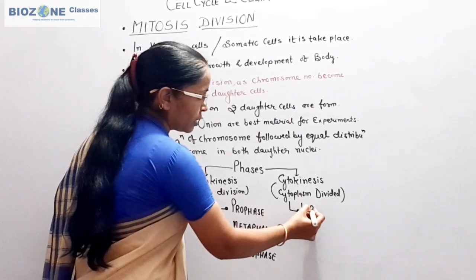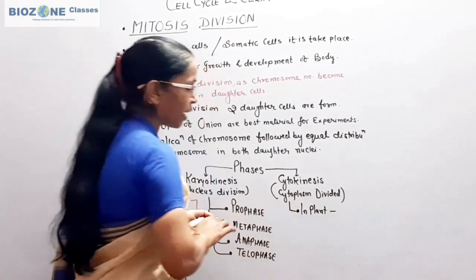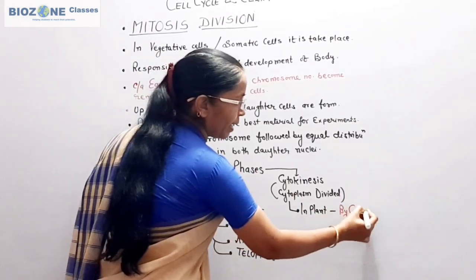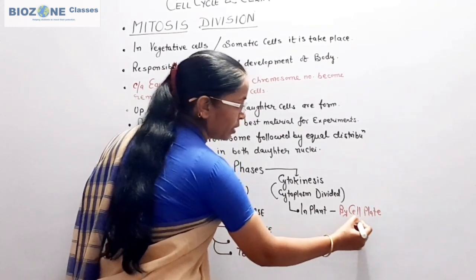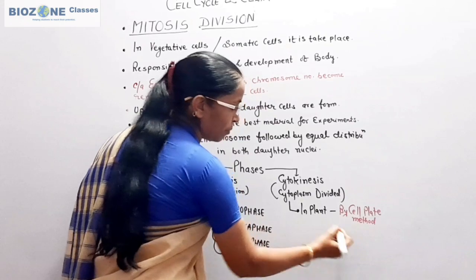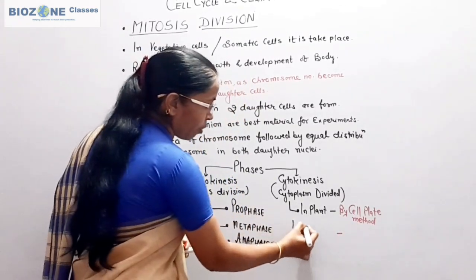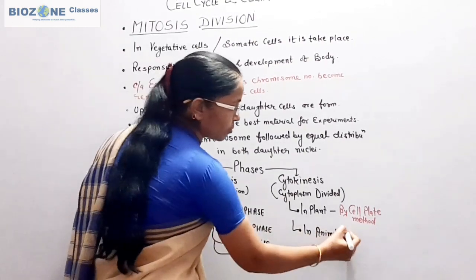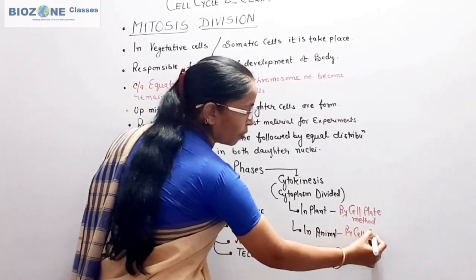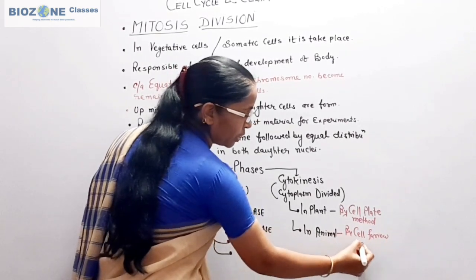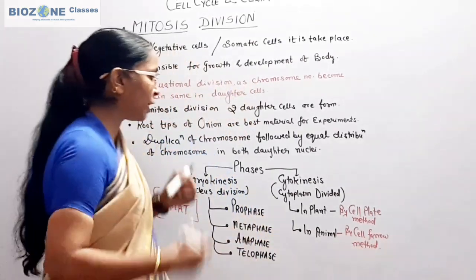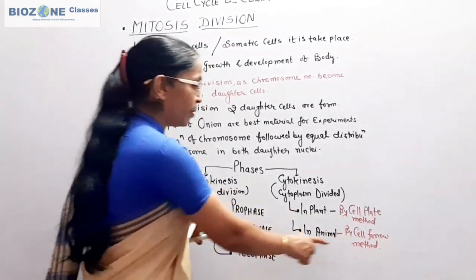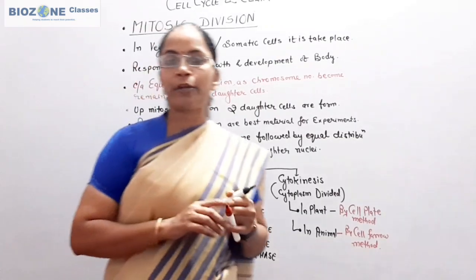So in plant cytokinesis you remember it takes place किसके through complete होता है plant में, it takes place by cell plate method. तो plant में आप study कर रहे हैं cell plate method, whereas in animals we study the commonly cleavage method, or animals also show the cytokinesis by cell furrow method. So this part you remember very well, that the cytokinesis is completed in plant by cell plate method and in animals by cell furrow method.